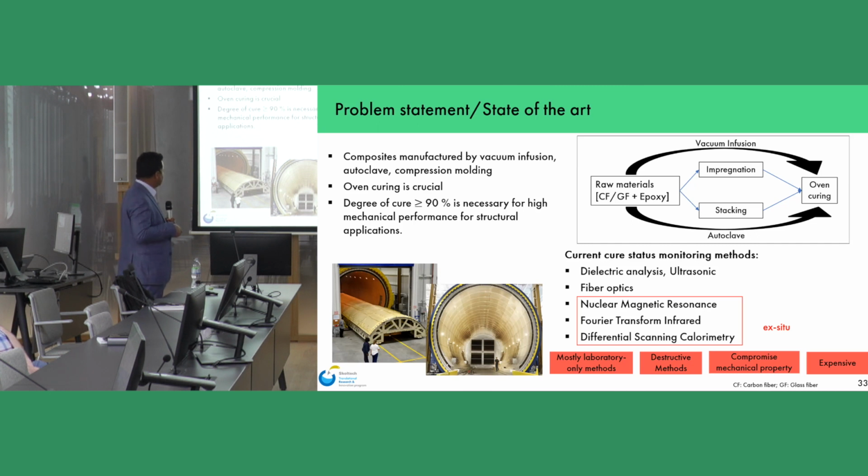Here you can see a human standing inside an oven, so you can imagine the scale of such an oven. This is from Airbus, I suppose. Yeah, this is from Airbus. And to monitor this curing, the degree of cure, there are several methods, starting with dielectric and ultrasonic, and also fiber